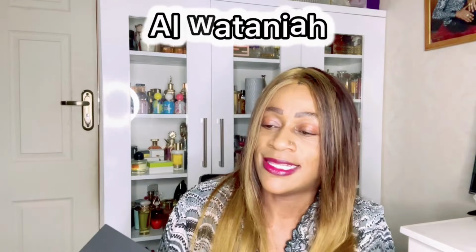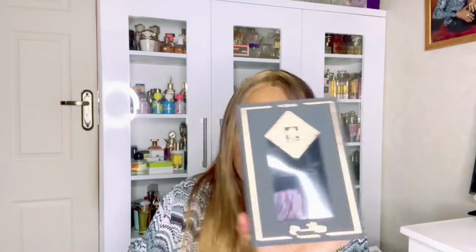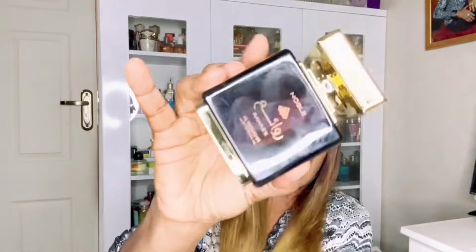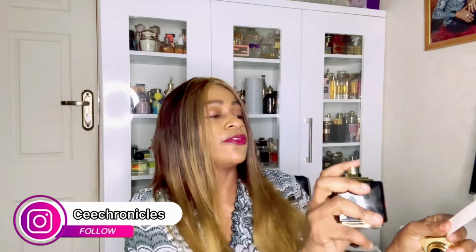I have a fragrance to review for you, Wataniah, and this is Noble Rawaee. Right now, this is the presentation of Noble. It comes in a box like this. I think you have seen some of the Middle Eastern fragrances coming in boxes like this, and then this is the actual bottle, right? I'm going to spray Rawaee Noble from the house of Wataniah on this piece of paper,